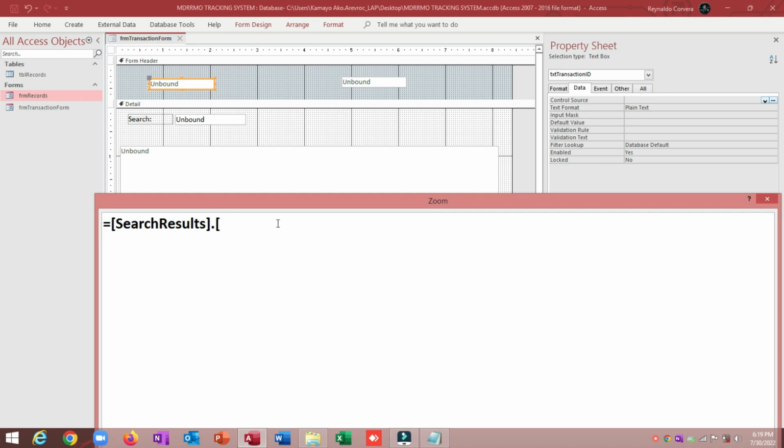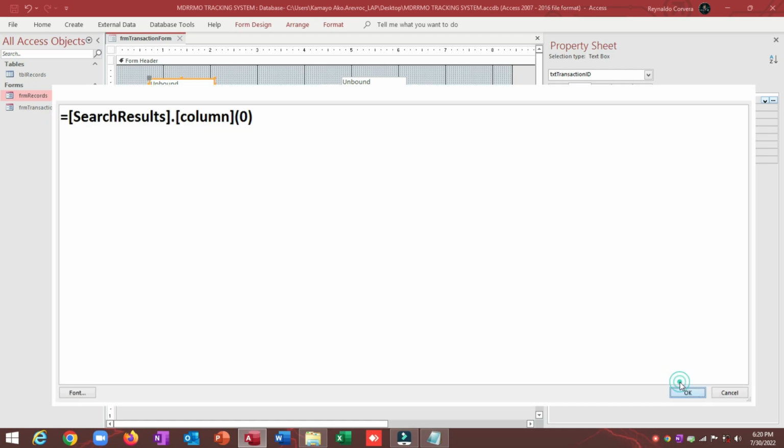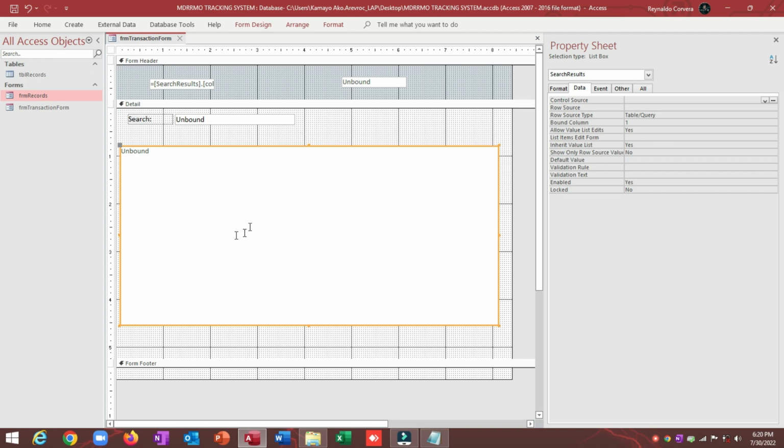So I will put here column here, then close bracket, then open parenthesis, then I will put 0. So meaning in column 0. Okay, now I will hit OK. So again, we have txt transaction ID, this one for search text, and this one for search form. So again, whatever we type here to search, automatically it will update also our search result. Okay, now